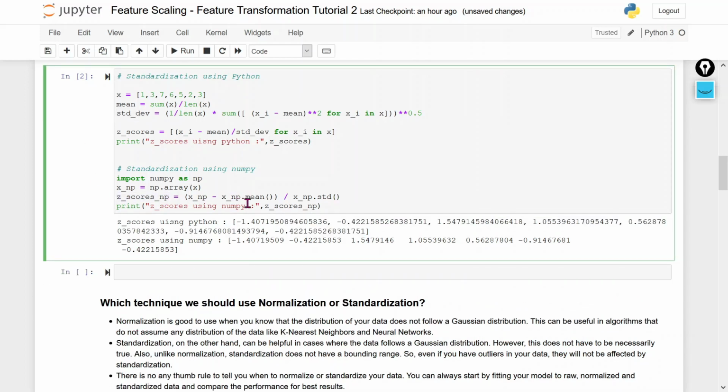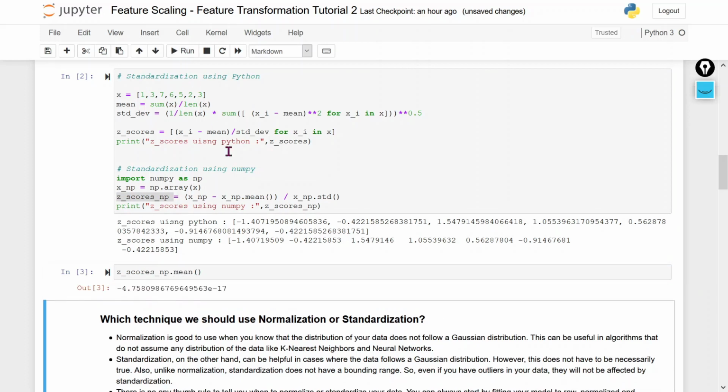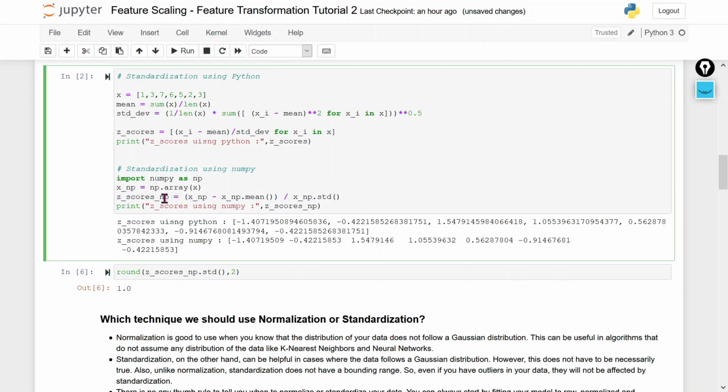If you see here, this np dot mean, if I round it to 2, you can see I am getting the mean equal to 0. Same thing, let me do the standard deviation. You can see I am getting the standard deviation equal to 1 for this complete array.